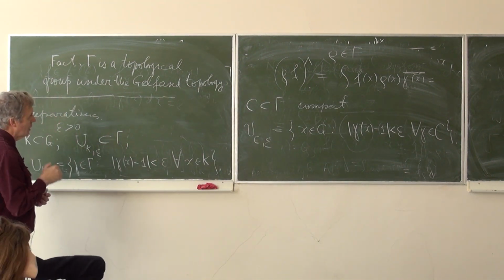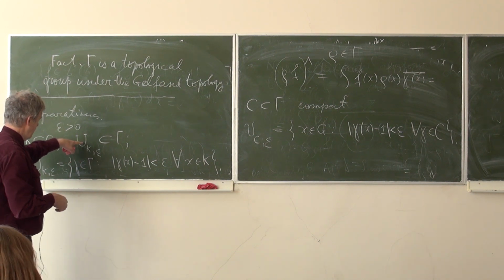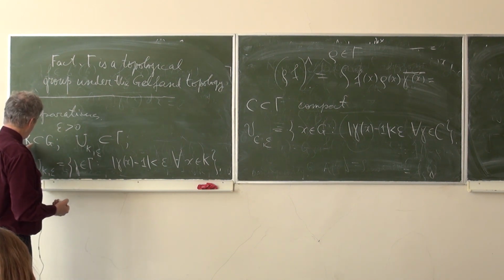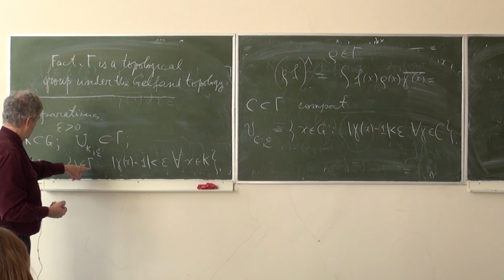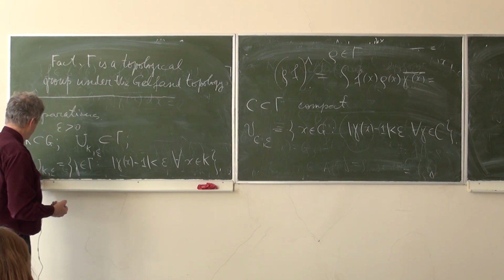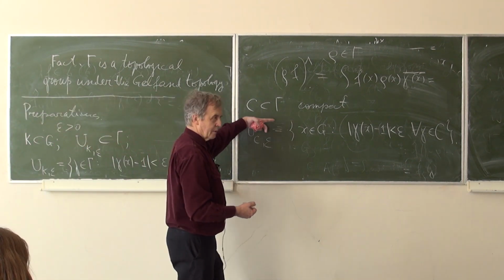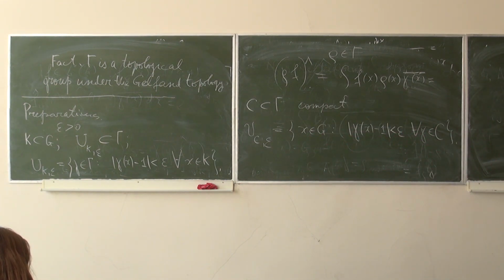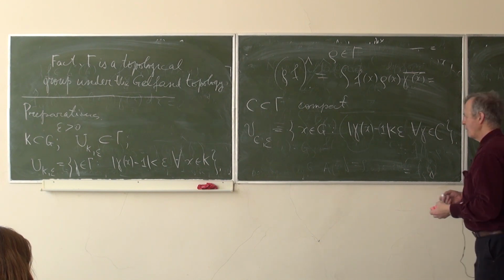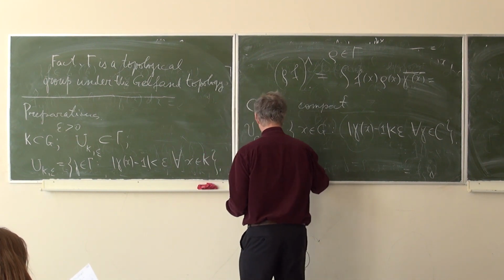So each compact subset in each of these two groups generates some set in the other group. So if we have a compact subset here, we obtain a set U in the group gamma in this way, and this is totally symmetric, but with the roles of the groups exchanged. What then? First,